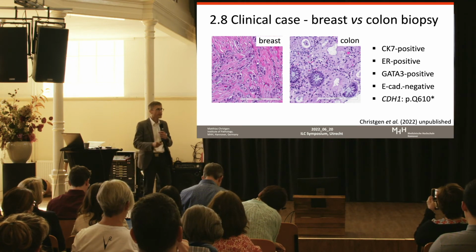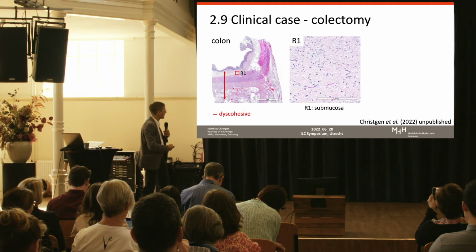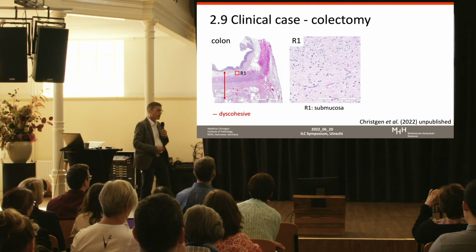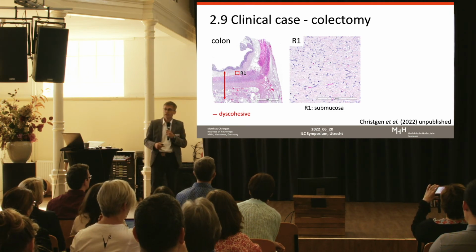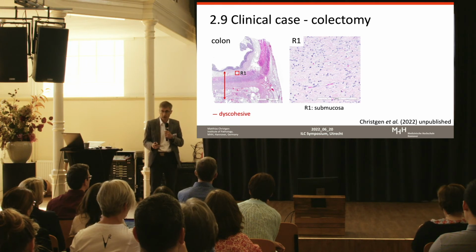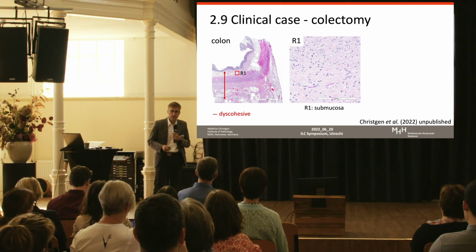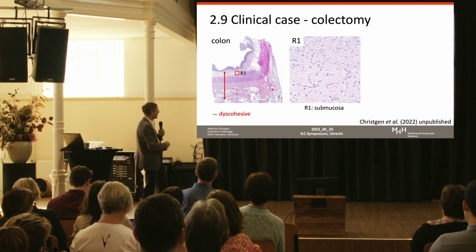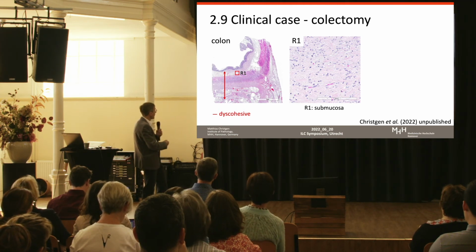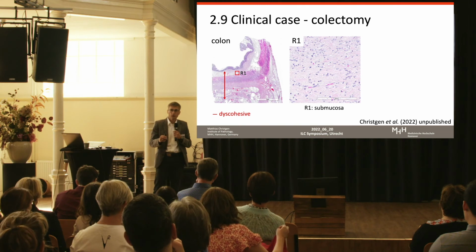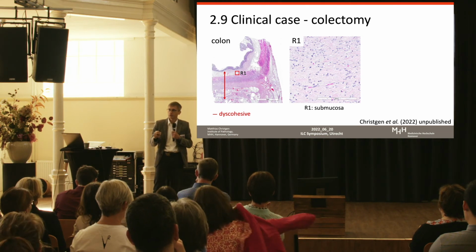It is always histomorphology that convinces the people, because in the meantime, the patient had undergone colectomy, which is a resection of the large bowel to reduce tumor burden. And the colectomy specimen revealed that in the deeper layers of the bowel wall, which are highlighted here by this arrow, which could not be sampled in the coloscopy,